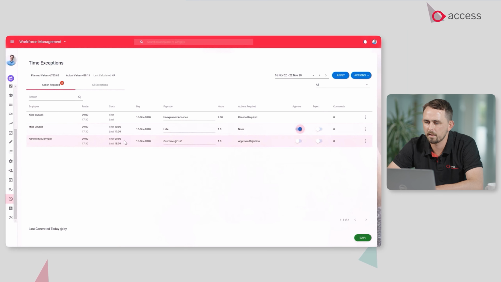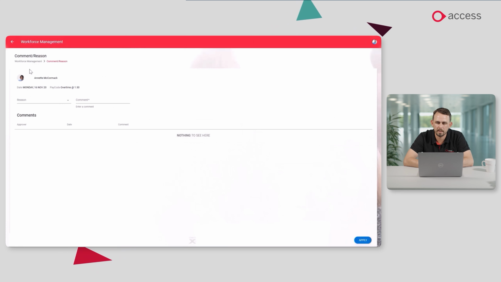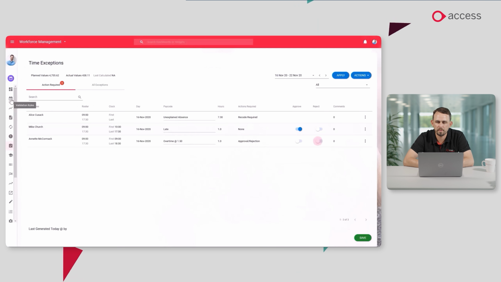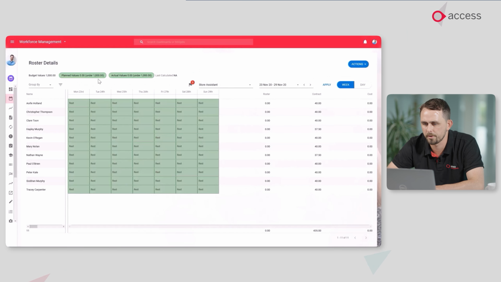We can see Mike there was late, again due to their clocking information, clocking in and clocking out, and also those extra overtime shifts that have been agreed by employee and manager. Again, right colleagues in the right place at the right time. We can approve that specific lateness, approve that overtime, and also create those different leniencies in the solution from a